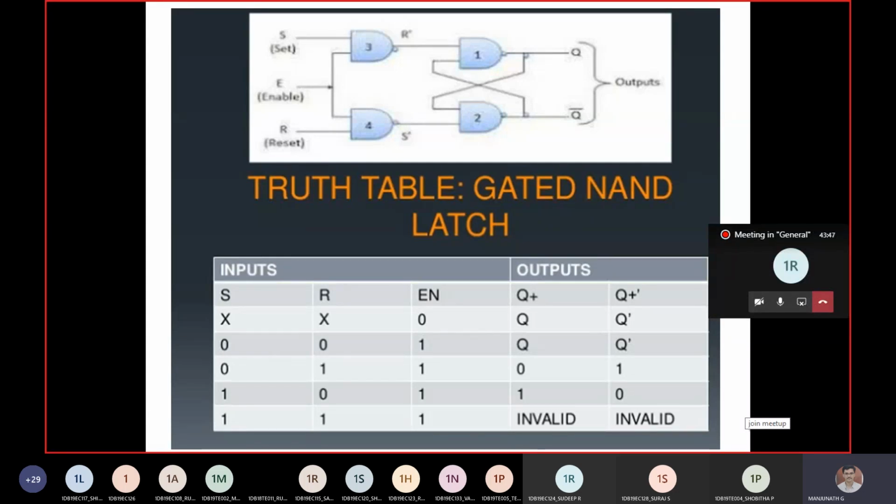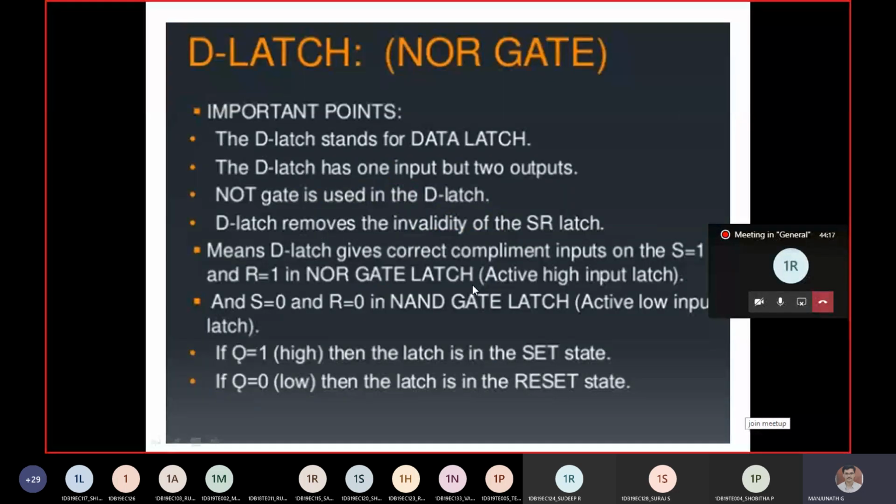What is the meaning of Q bar? Output, sir. No, output is fine. That meaning is what? Is it memory, or is it current state? Or it is taking the previous state only? Previous state, sir. Correct. See, whenever we check the don't care condition with enable 0, whatever the output is there, the same thing will replicate for the next 0 0 condition. That is why it is written as Q bar in both the conditions.